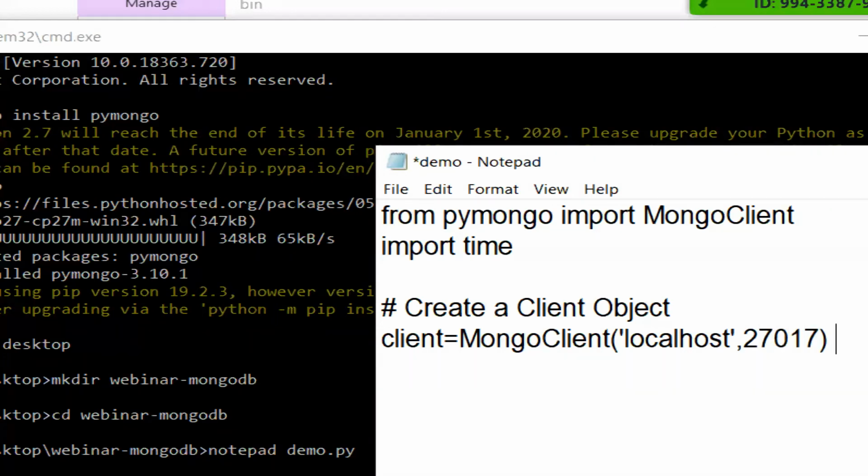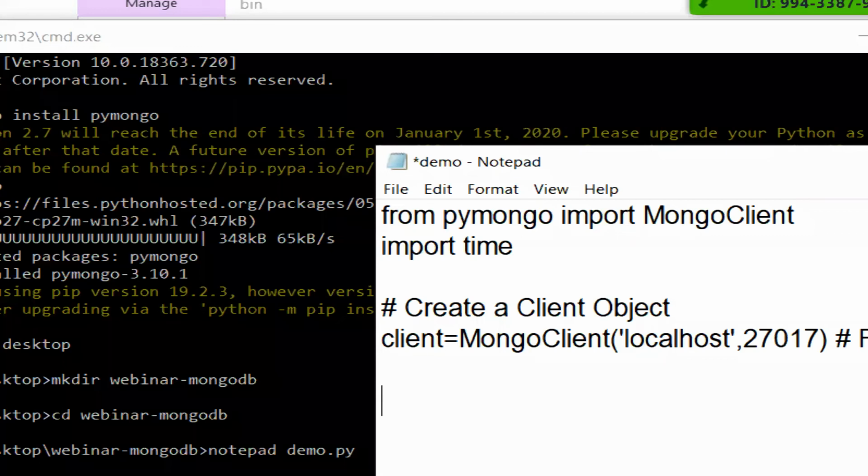This is the fixed port number of the MongoDB server. Localhost is nothing but that my MongoDB server is running on my machine. If your MongoDB server is running on the cloud, you need to mention the IP address of the cloud. But always the MongoDB server will be running on port number 27017.